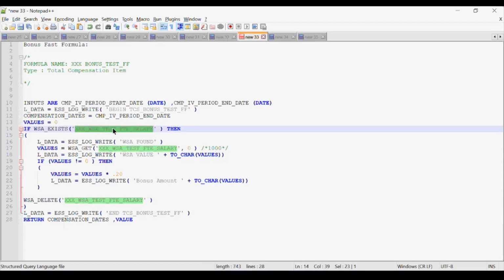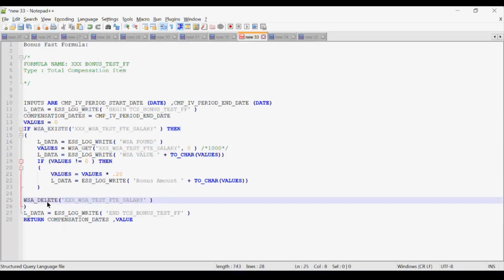if you are using a similar name in any of the other formulas, it should not override the values. It should not create any trouble to the other calculations. So just to make sure it is not harming any functionality of other formulas, it is suggested to delete it. That is the only advantage of deleting it.